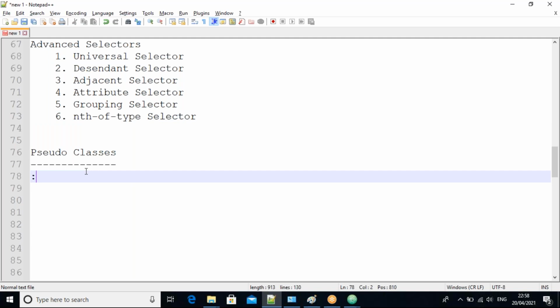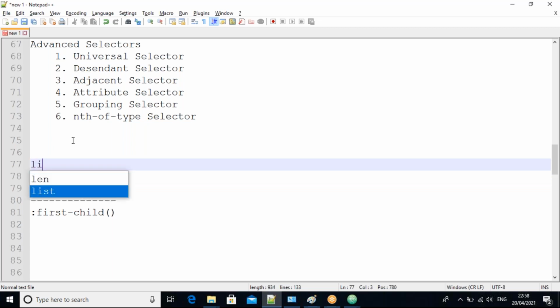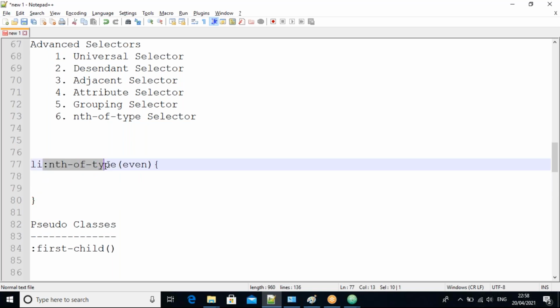The first one is first child, a pseudo class. See, colon first child. Yesterday, while using nth of type, I used li colon nth of type, and you remember even or odd like that. The colon is required.